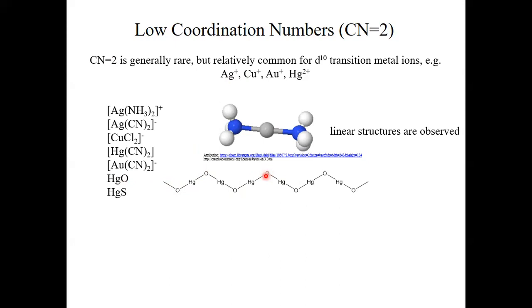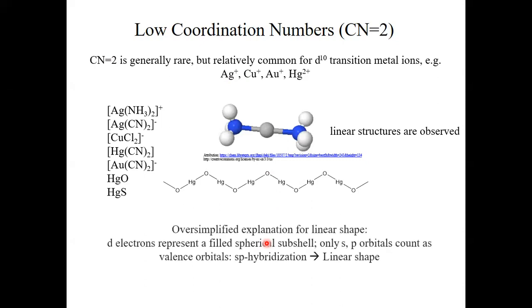So why do we get this zigzag chain and not a completely linear chain? That's because of the electron lone pairs of the oxygen. So what is the explanation for this linear geometry? An oversimplified picture is that when we have a d10 ion, then our d subshell is actually completely full. And so in a way, we can say the d electrons in this case are not really valence electrons involved in the bonding. So we have actually only the s subshell available for bonding, and that s subshell is completely empty, and we overlap our ligands with the empty s subshell of the metal, and then just because of electron repulsion arguments,